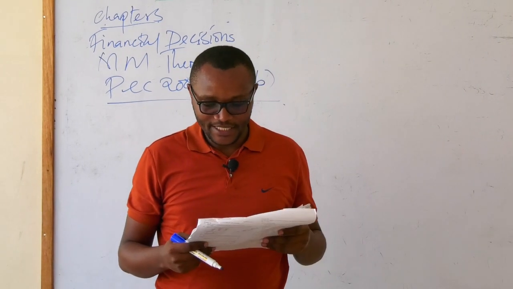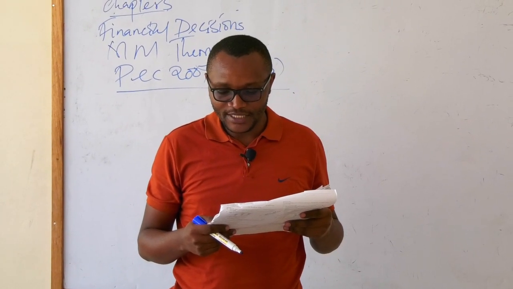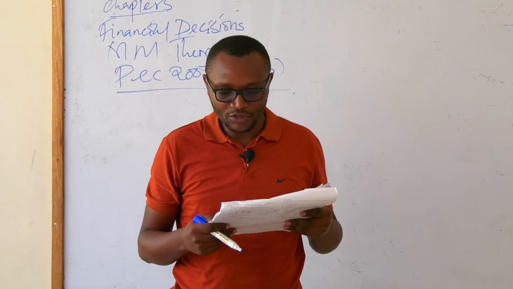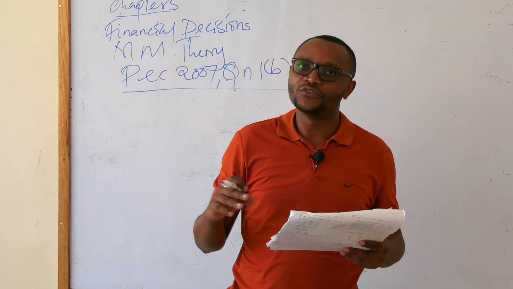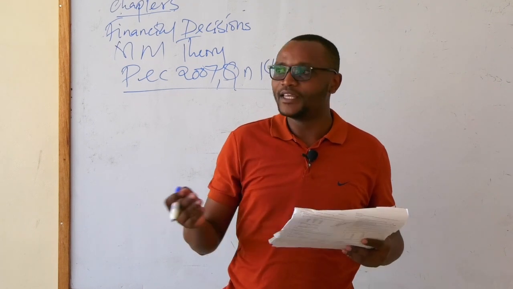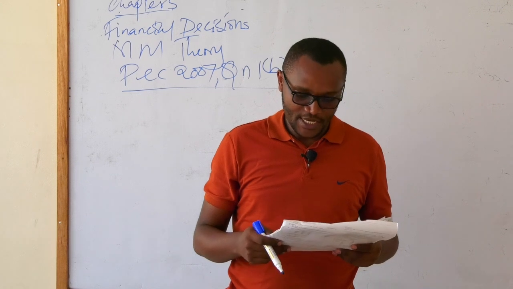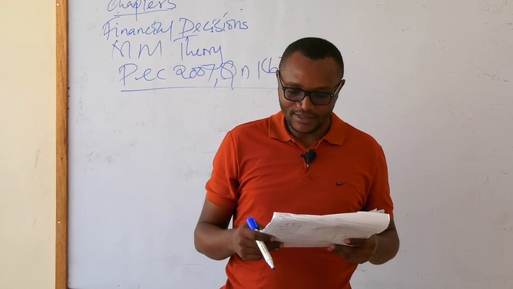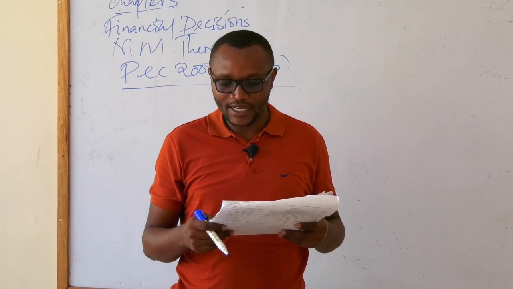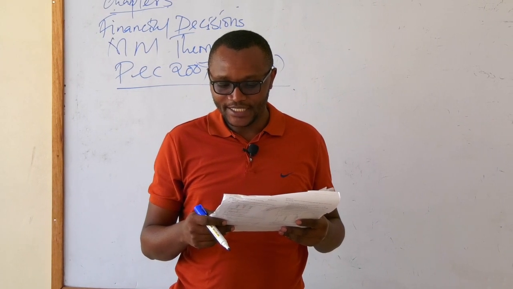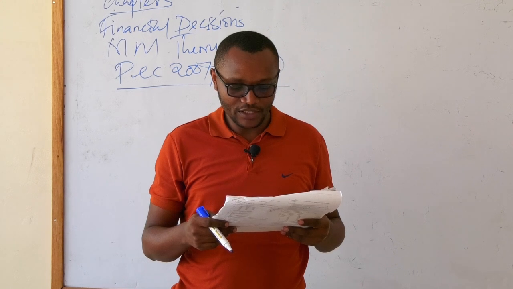Downward Limited, an unlevered firm, generates an average earning before interest and tax of shillings 20 million per annum. Most of the time, I like for you to understand the question first, reading it without answering, then come back and start analyzing it. That is the best way. The market value of the company at 31st October 2007, the company's financial year end, was 120 million shillings.